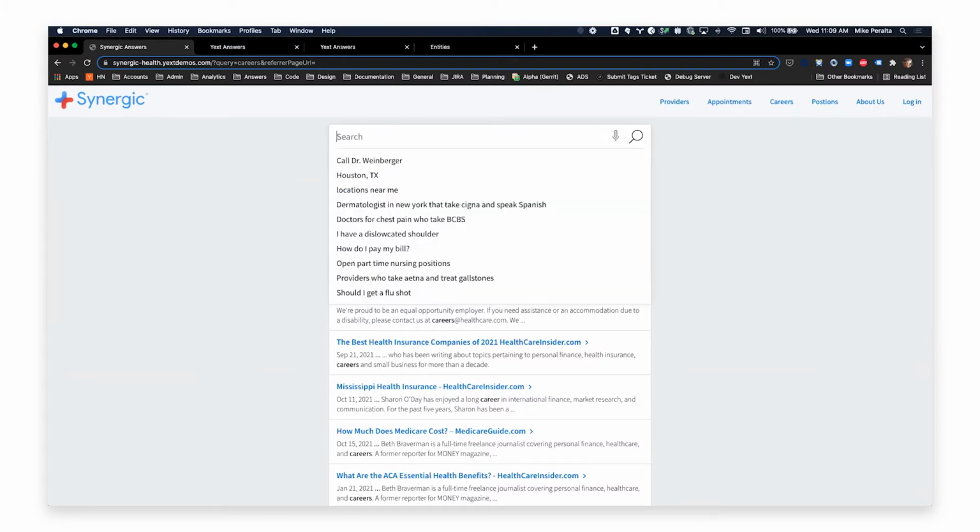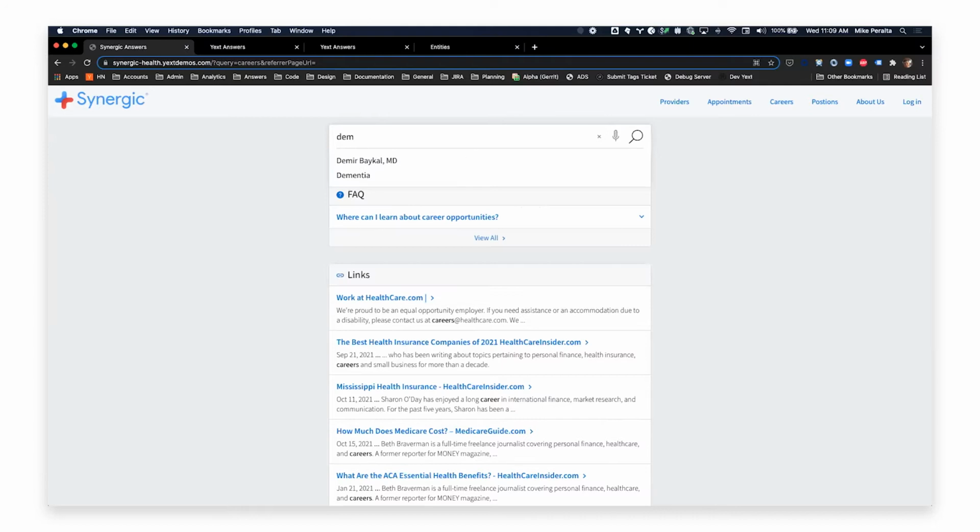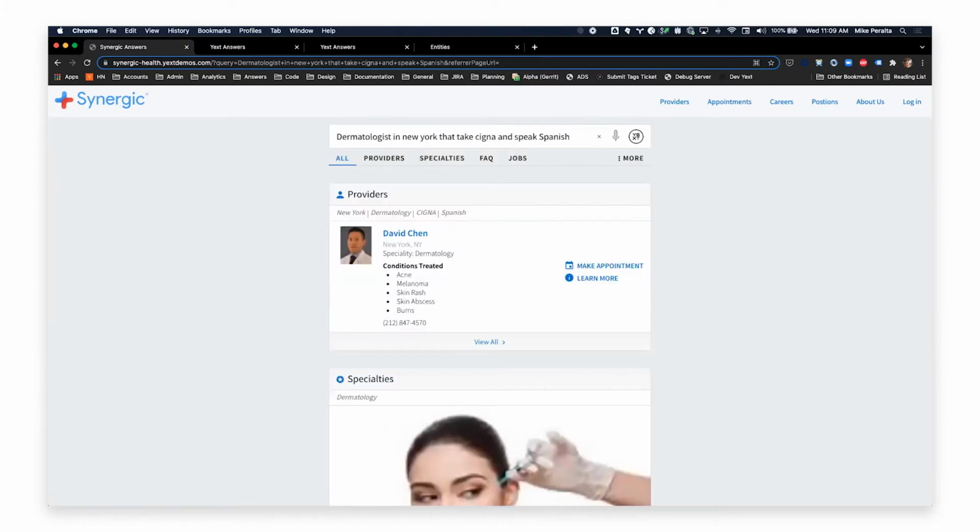But besides that, you can also run something very specific, like, what dermatologist in New York takes Cigna and speaks Spanish, right? So this same experience can handle a bunch of different questions. And it's important to understand which questions are related to each other and which are not, so that you can figure out areas of importance for your customers and also where you can start to optimize your